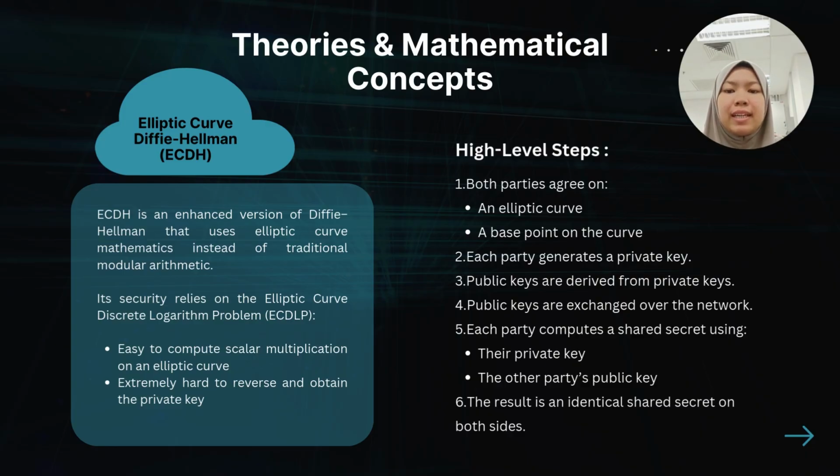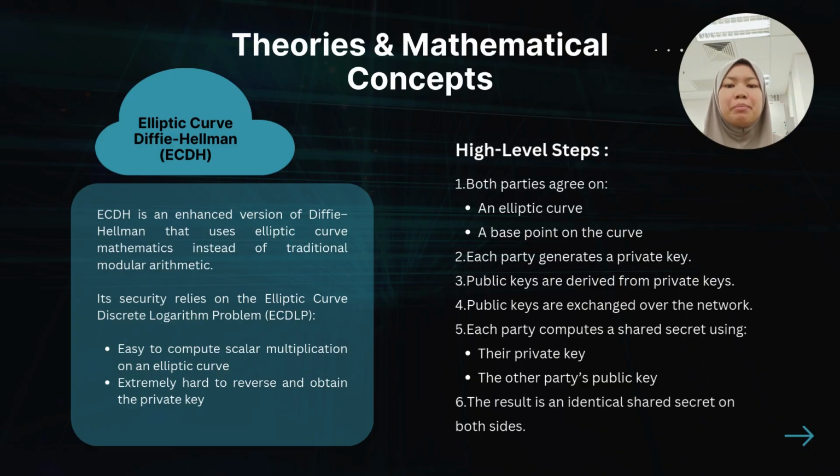Next is elliptic curve Diffie-Hellman, or ECDH. ECDH works on the same principle as Diffie-Hellman but uses elliptic curve mathematics instead of traditional modular arithmetic. Its security is based on the elliptic curve discrete logarithm problem, which is even more difficult to break with current computational